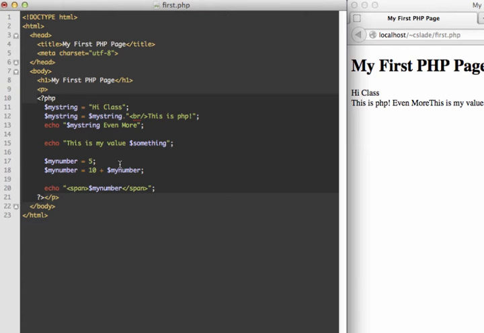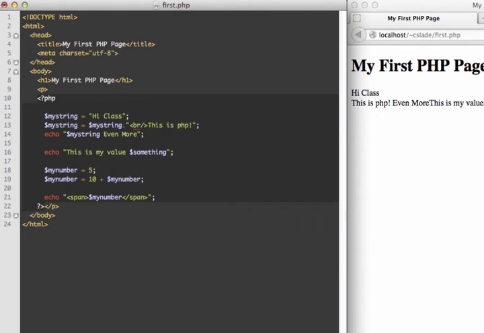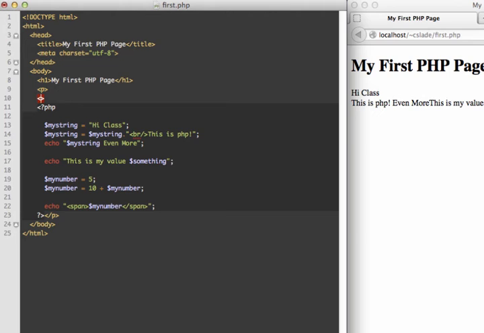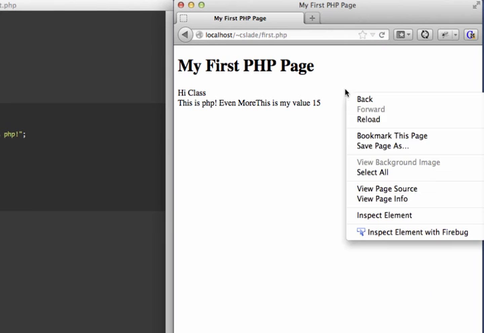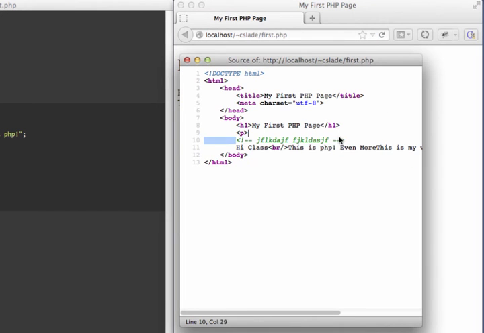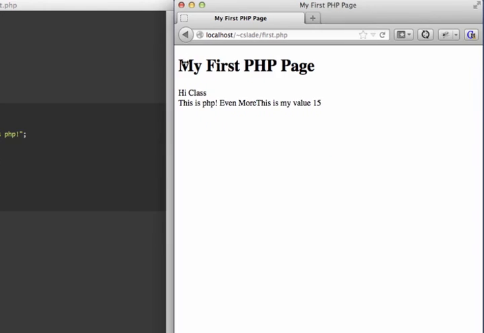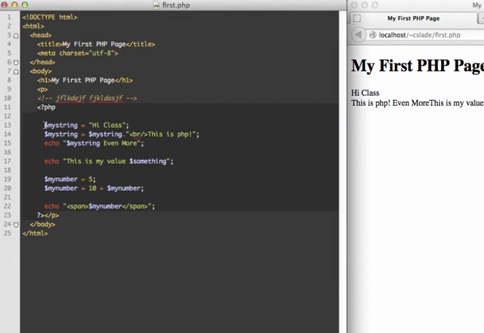Another thing that we should talk about is comments. There are multiple ways to insert comments into PHP. There are HTML comments that you can use, and you're certainly welcome to put comments in your HTML, but remember, these comments will show up in the source code. So you can see that showed up there. You can always use HTML comments,